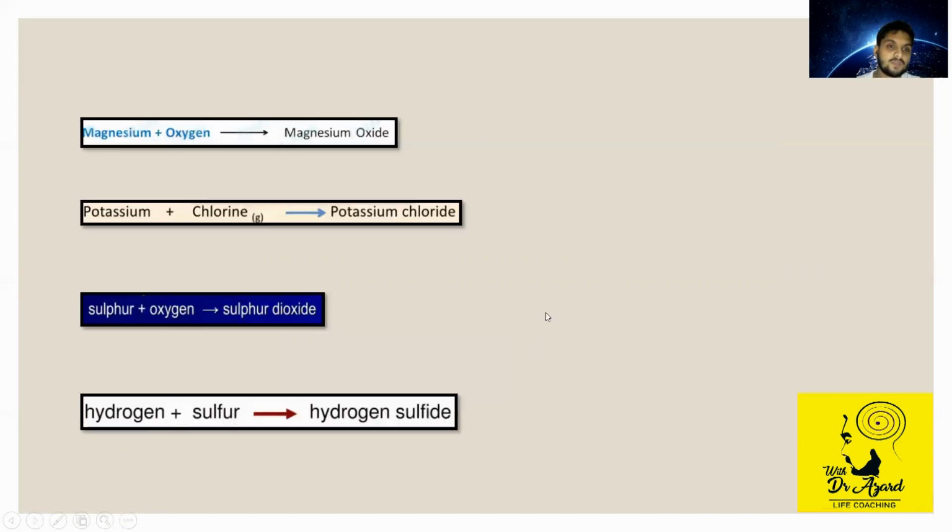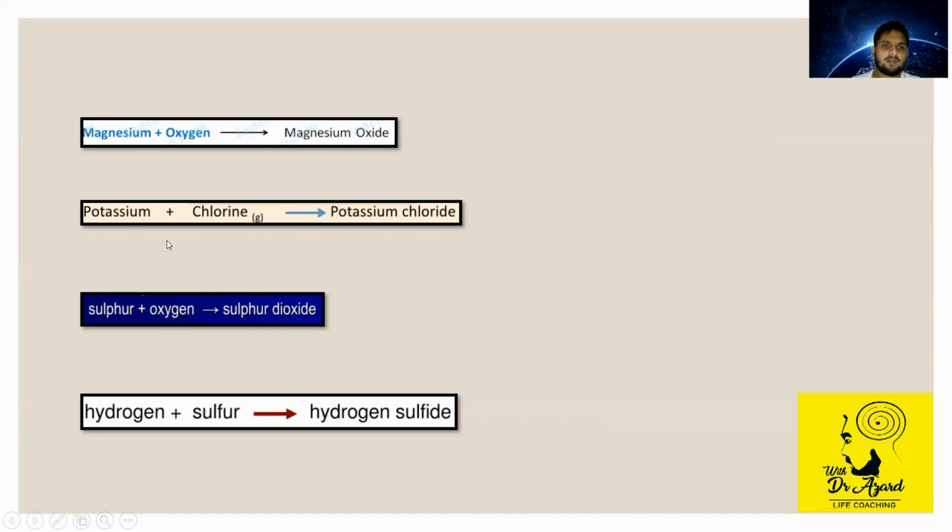Then let's look at some examples, because in these examples there are a few things that I want to stress. For example, say we are reacting magnesium and oxygen. We are obtaining magnesium oxide. So when we react anything with oxygen, we get an oxide. The product is an oxide. And look at the way we are writing this product. We always put the metal in front, because in this reaction magnesium is the metal and oxygen is the non-metal. So when we get the product, we always write the magnesium first, and then the non-metal, which in this case is the oxide.